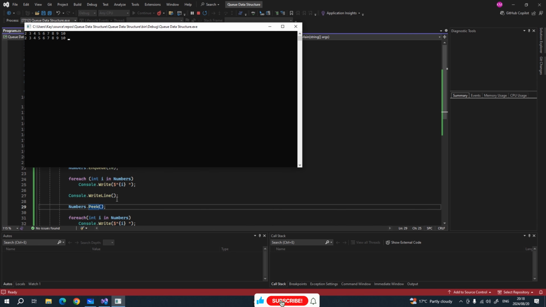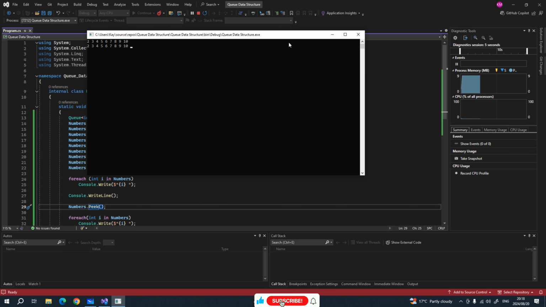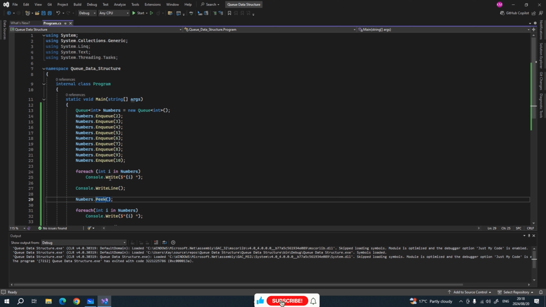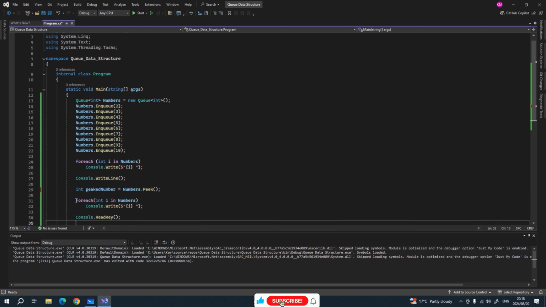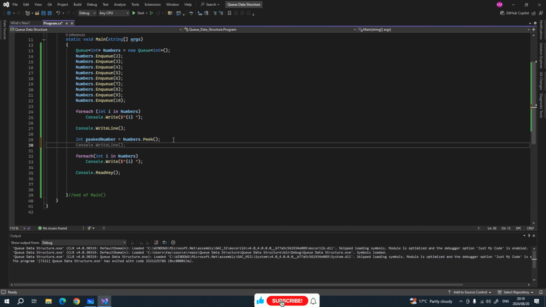So if I just do this, you can see that this is our original print and this is the print after peek. So the element was peeked at, but it was not removed from the queue. So to make it easy, let's just say int pickedNumber is equal to, then let's do that. Before we do this, where's our peek? Did I actually cancel the peek? I think I cancelled, oh, because it's here. Okay, so what I will do is I'll peek that and put it in there,